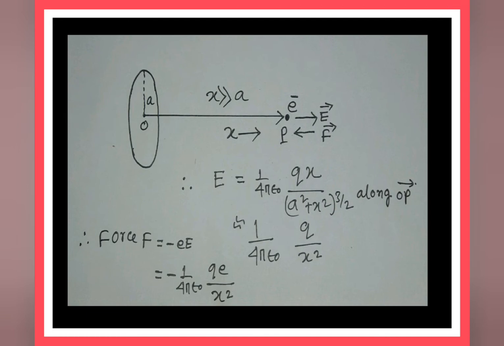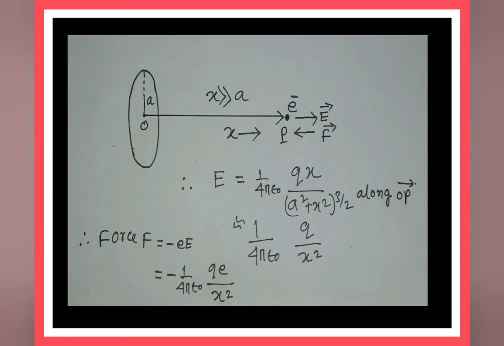Here the electric field E is approximated to 1 by 4 pi epsilon naught, Q by x square, as the displacement x is much larger than the radius of the ring, and the force on the electron is given by F equal to charge into electric field intensity, that is minus 1 by 4 pi epsilon naught, Q e divided by x square. Here the displacement and the force are oppositely directed,